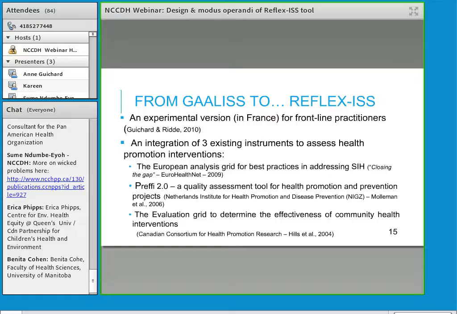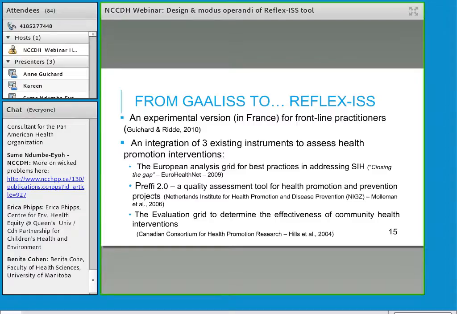The PRIFI tool was created to determine the potential effectiveness of health promotion interventions and is currently used in the Netherlands. The PRIFI tool is a questionnaire developed to examine different project phases and related resources. PRIFI's strength is that it provides a structured, operational, and practice-based method to support project planning and management.